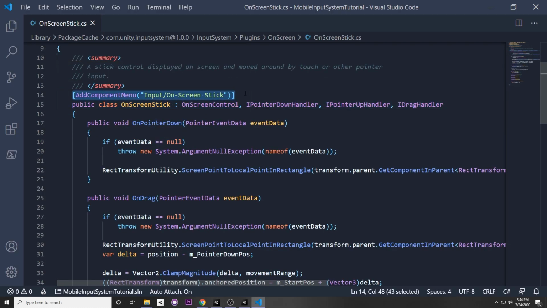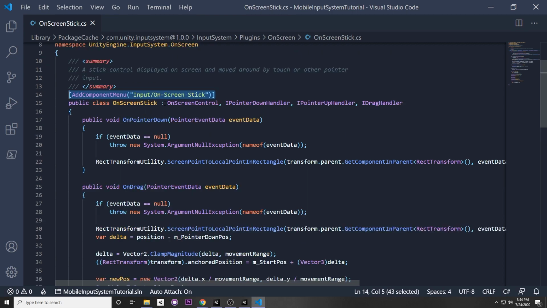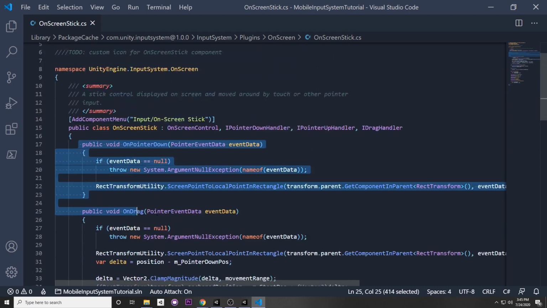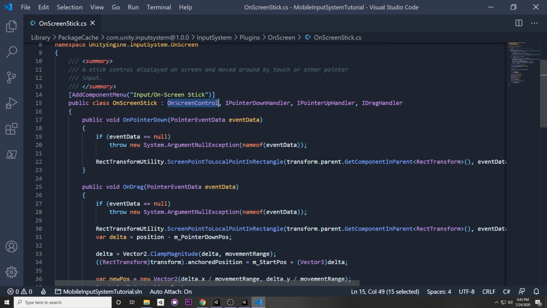So here they're adding in an on-screen stick component to the menu so you can put it on your component. And then they implement a couple of interfaces here. So these are the UI interfaces. So whenever you're clicking down, you're clicking up. And then whenever you're dragging something, they have events for that which you can implement, and they're implementing those functions right here. The main thing they're doing is deriving from on-screen control, and this is what allows them to override those input